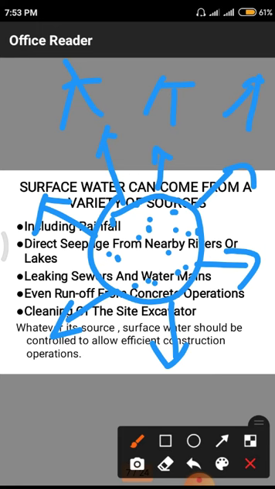Non-perennial rivers are like our Godavari, Krishna and Kaveri. All those are non-perennial rivers. They simply have rainfall as their recharge point. Rainfall is the recharge point for those non-perennial rivers, so whenever these rivers are flowing, automatically some quantity of water will be seeped by the soils. That is the surface water.